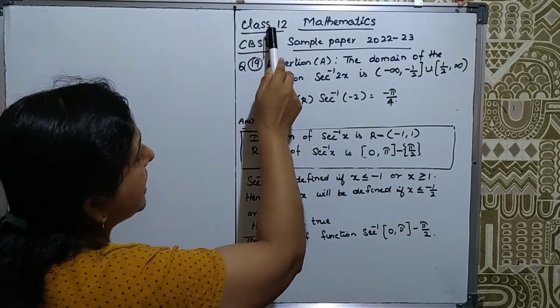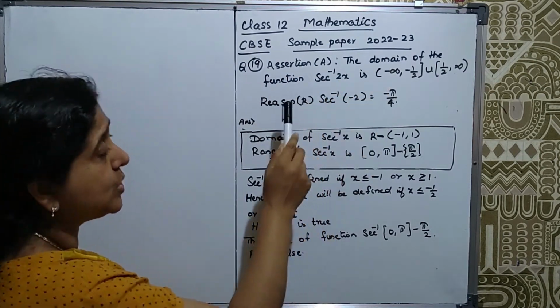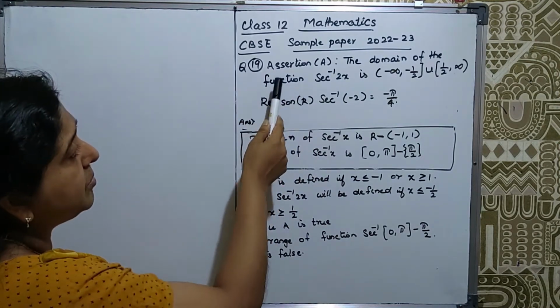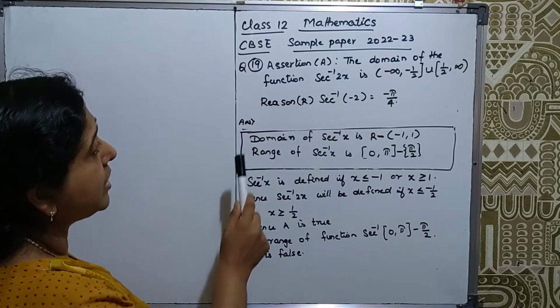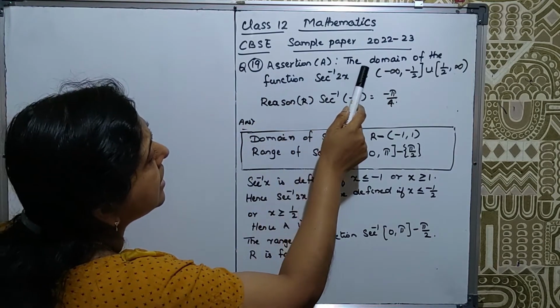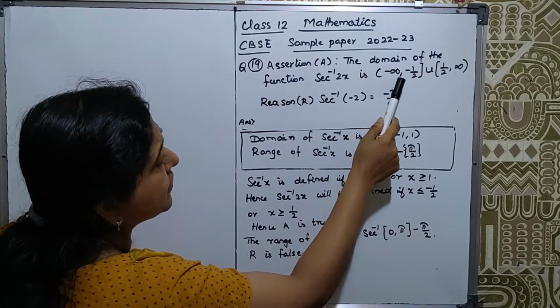Hello children, we are doing class 12 mathematics CBSE sample paper 2022-23. We are doing assertion reason based questions based on section A only, carrying 1 mark each. So now question number 19, assertion A: the domain of the function sec inverse 2x is